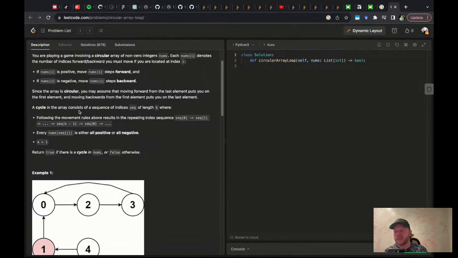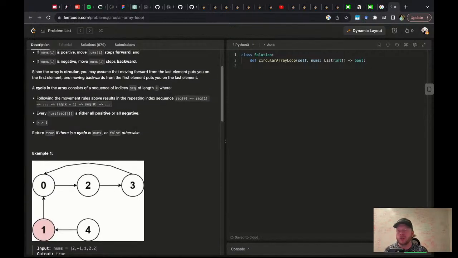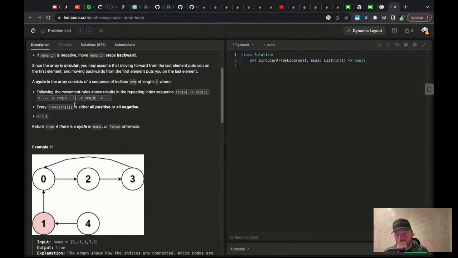Honestly, if it's a circle, how does it not have a cycle is my question. But anyway, every nums sequence J is either all positive or all negative. What? Let me think about that.